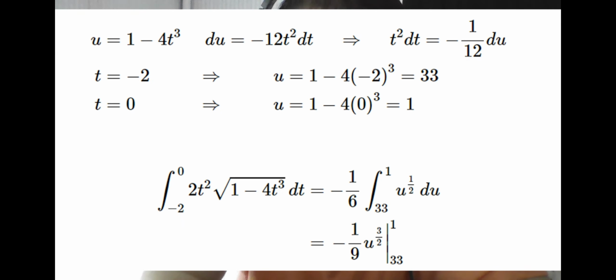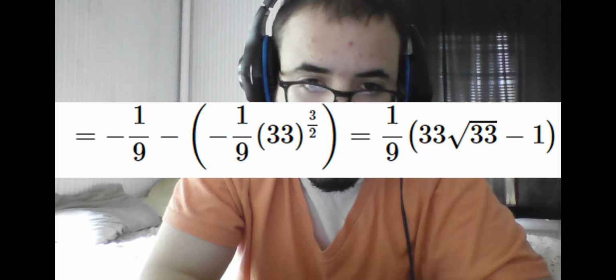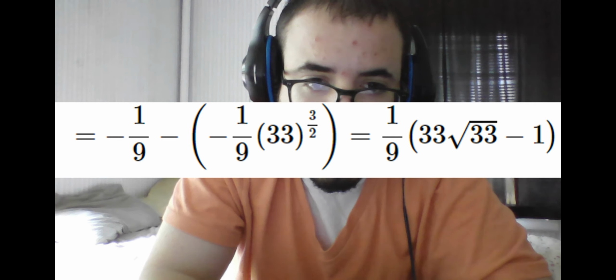We do the usual step of identifying the u and taking the change in u and multiplying by the change in t. But we also change the limits of integration from terms of t to terms of u by plugging in the value of u for the value of t given. So now we can integrate u over the u points specified, which would be in this case from 33 to 1. And we get the same answer as in the first method,